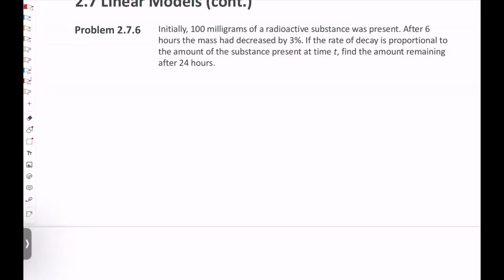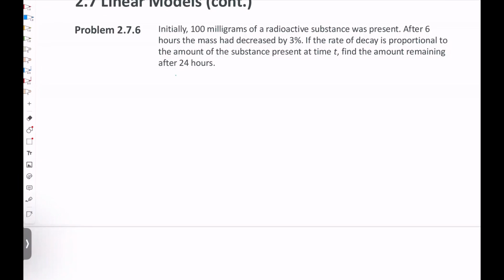Problem 2.7.6. Initially, 100 milligrams of radioactive substance was present. After 6 hours, the mass had decreased by 3%. If the rate of decay is proportional to the amount of substance present at time t, find the amount remaining after 24 hours. So this type of problem is so wordy, you need to kind of summarize what the given